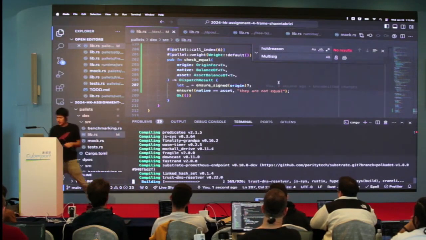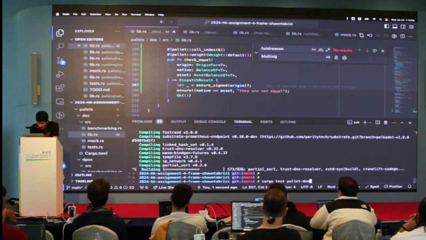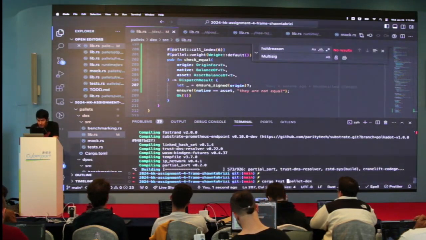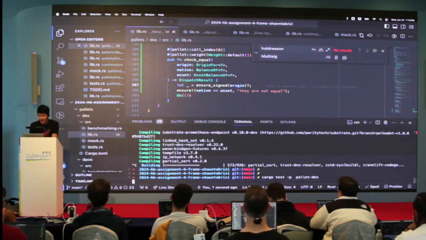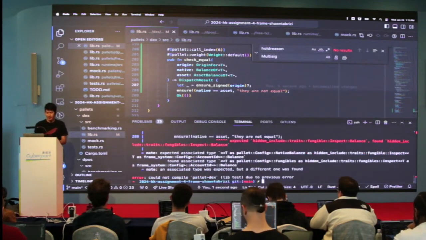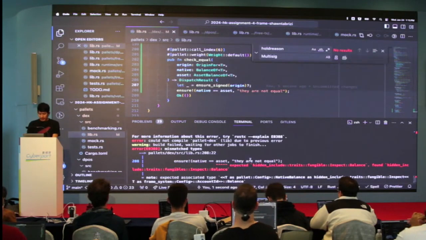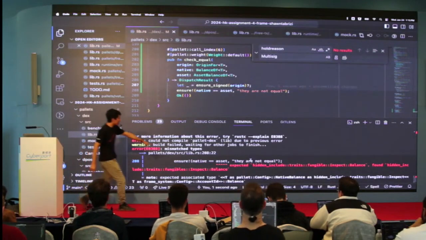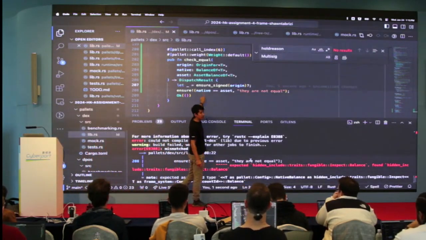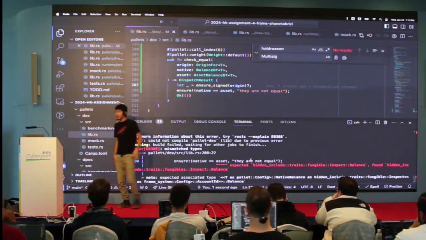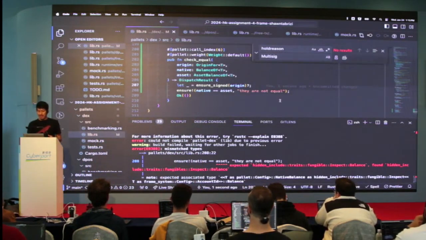And why is it compiling so much? I thought cargo. Oh, P. Cargo test P. Yeah, it was compiling the whole thing. Okay. So here, see, it expected this type to be equal to this type, but it's not. So how can we fix this? We can fix this by making more concrete things here.